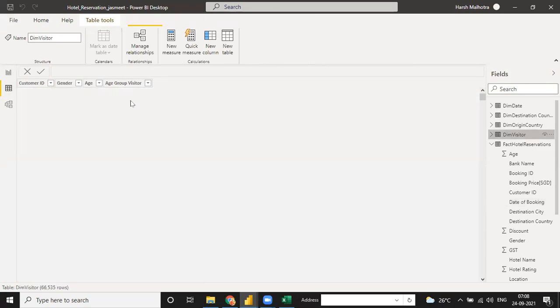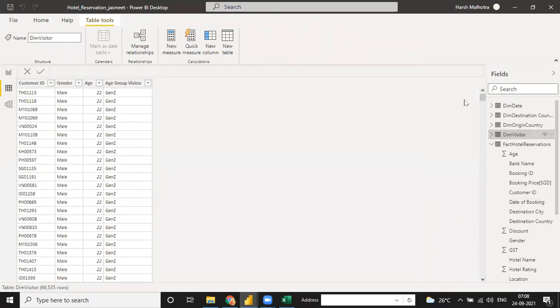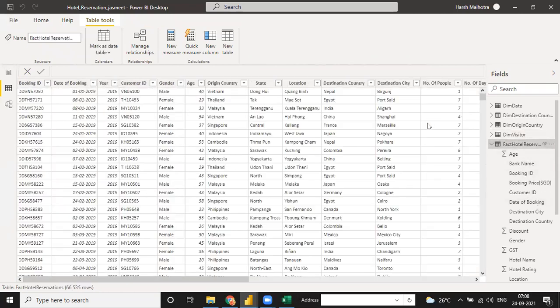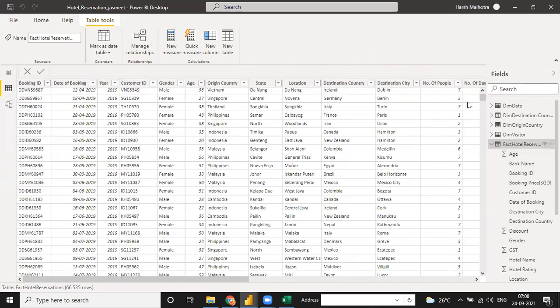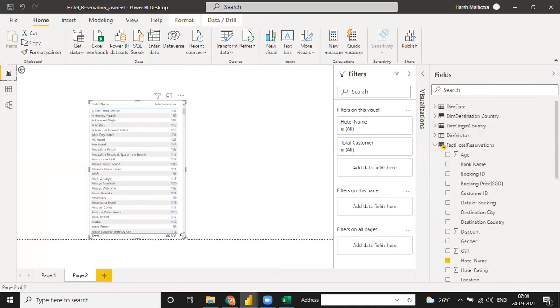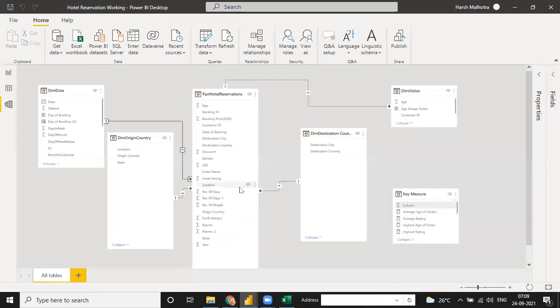See, dim visitor, then also 66,535, and when you check on fact total, there is also 66,535. There is the same number of items. So either we split or not split, it is okay. But you have to connect every measure to a fact table column. Okay, so now it's done, and we move to today's one.